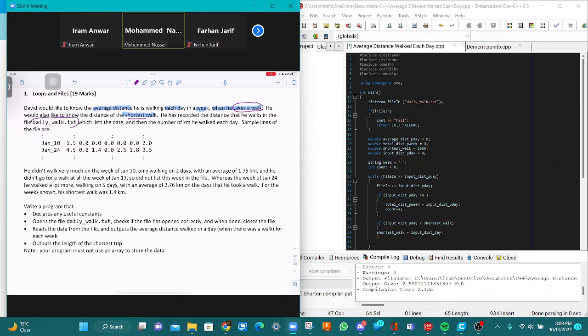So this is the file that contains the data, the number of kilometers he walked each day, and this